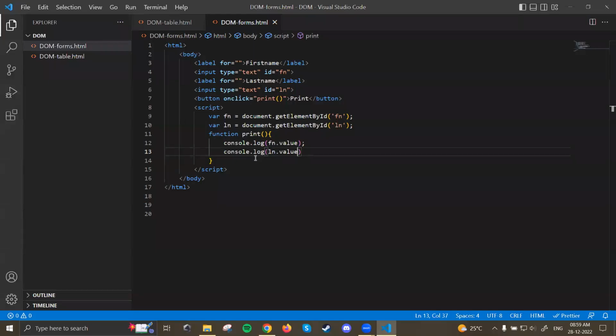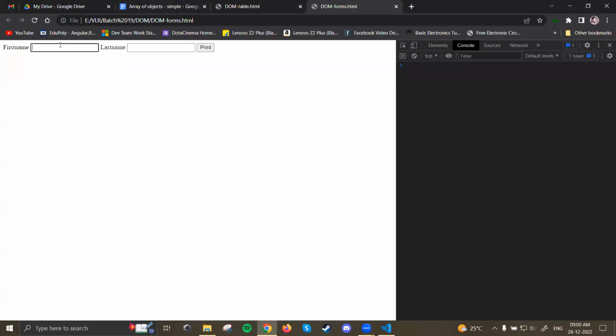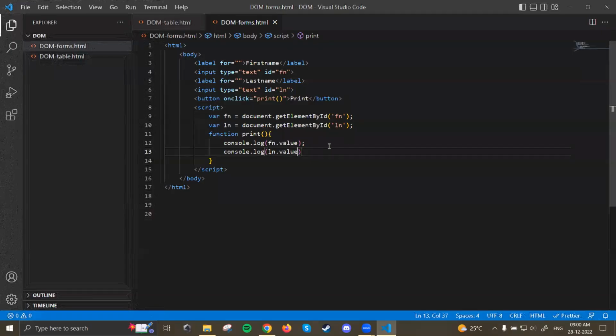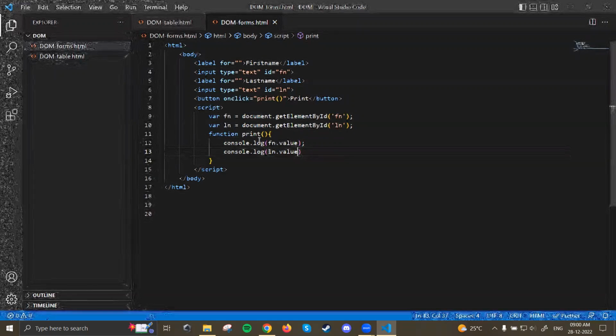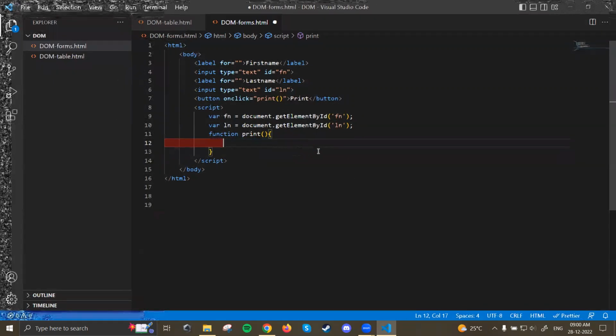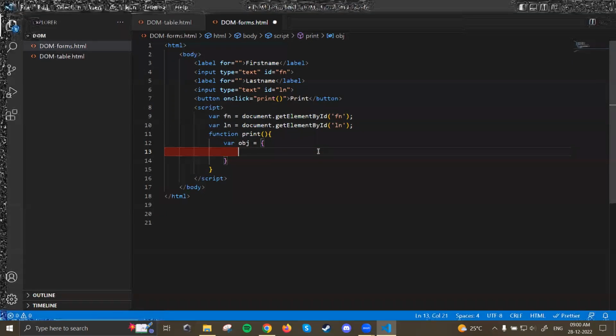Okay, now the next thing I want to do is with first name and last name. How am I printing? I am just printing them as single strings. I don't want to print it like this. I want to print it as an object. I have to create an object with two properties, first name and last name, and then put these values. We already have the FN and LN values. So what I'll do here is create an object, obj is equal to